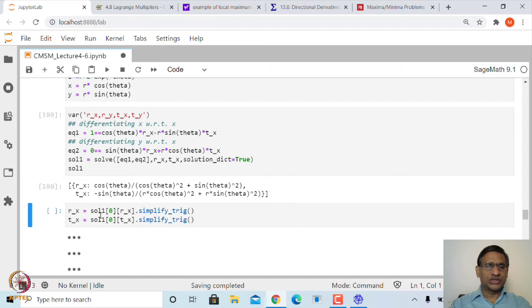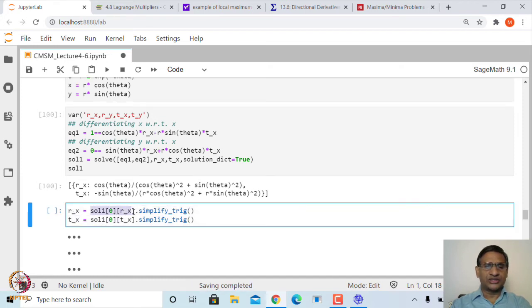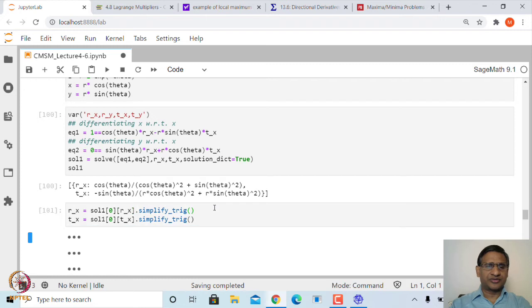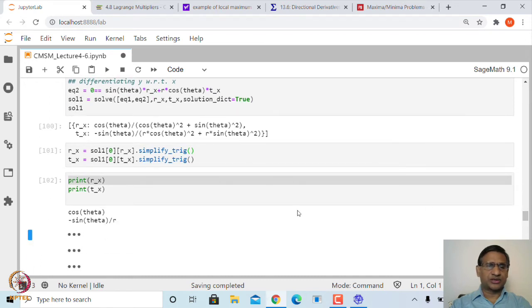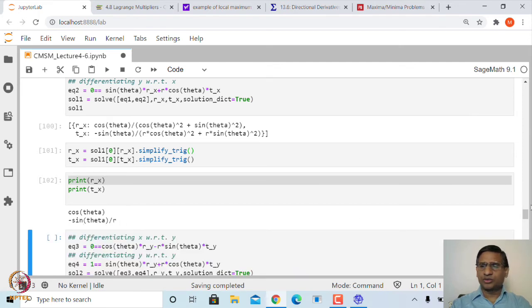Now let us store this in rx and ry as the value of this key rx, and simplify this. Trigonometric simplify will write it in a simpler form. So let us ask it to show what these things are. So the partial derivative of r with respect to x is cos theta, and the partial derivative of theta with respect to x is minus sine theta divided by r, right. Similarly, you can do